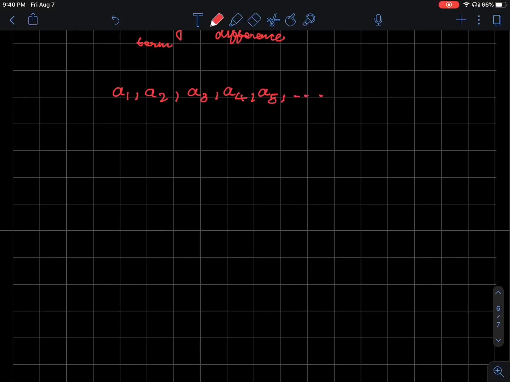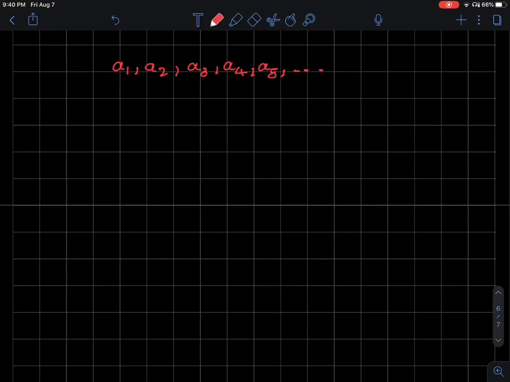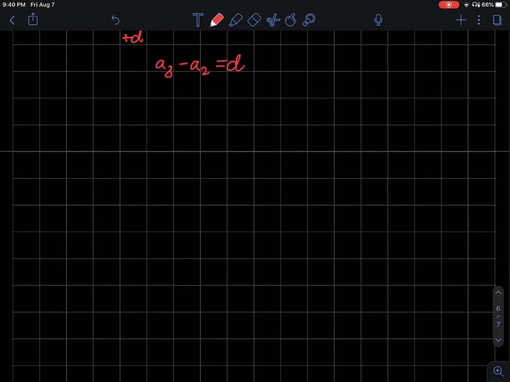Now, let's say the common difference in this sequence was d. It means any two consecutive terms, so a3 minus a2 equals d, because we said the common difference here is d. Okay, so a3 minus a2 is d, and we're going to try the same thing to find the nth term